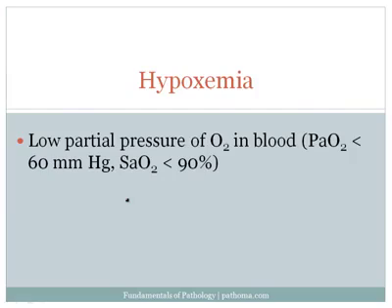The second cause of hypoxia is hypoxemia. Here we've got that same hypo and then oxygen, low oxygen, but emia means in the blood. So hypoxemia refers to a low partial pressure of oxygen within the blood. Very specifically, it would be defined as a PaO2 less than 60 millimeters of mercury, and that would translate usually to roughly an SaO2 of less than 90%.